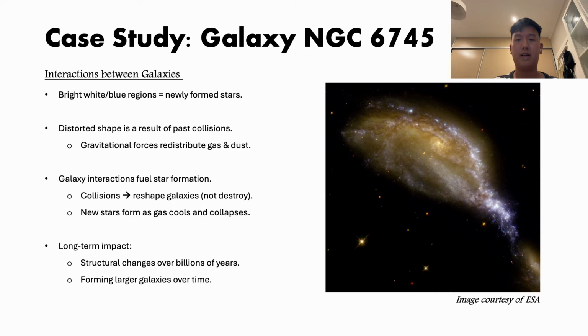This image provides clear evidence of recently formed young stars, visible as bright white-blue regions in the distorted outer areas. These areas contain hot, massive stars which are characteristic of newly formed stellar populations. This occurs because when galaxies interact, their gravity compresses gas clouds, triggering intense star formation. As the gas cools and collapses, new stars form, gradually reshaping the galaxy and influencing its evolution, ultimately altering its